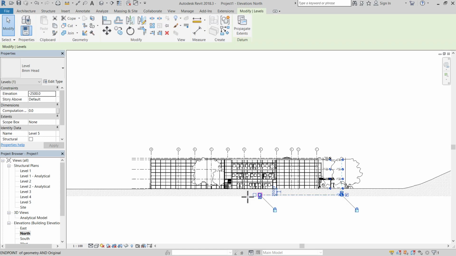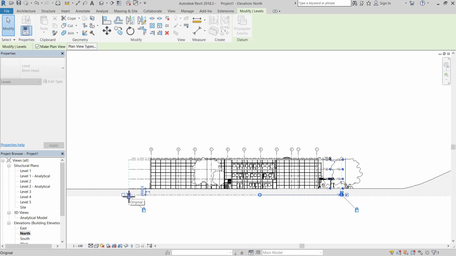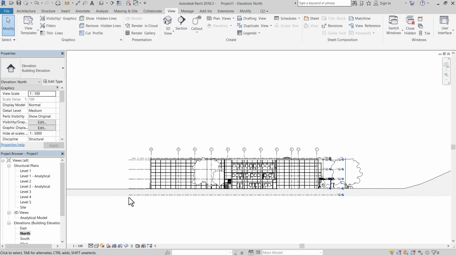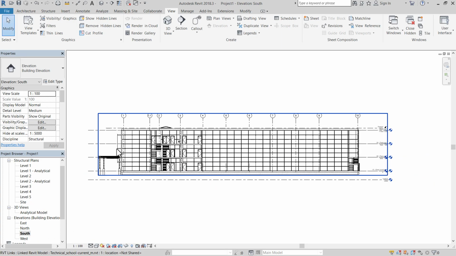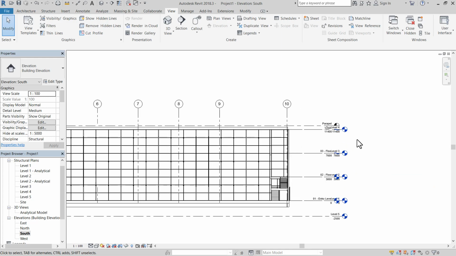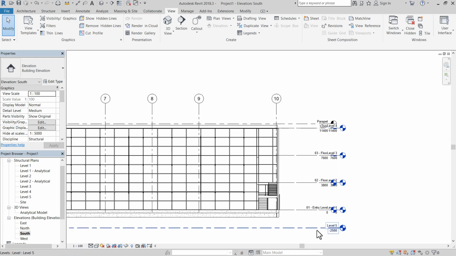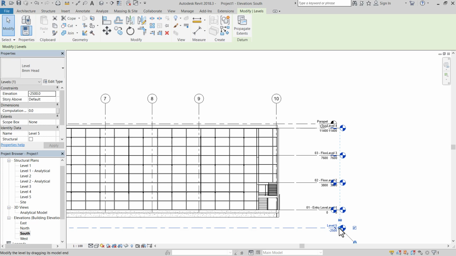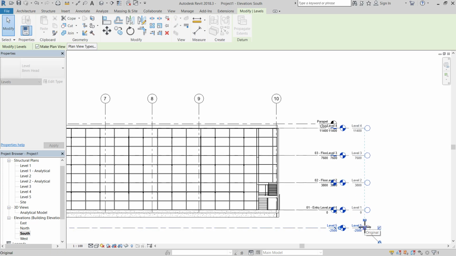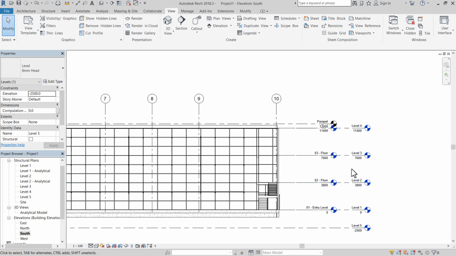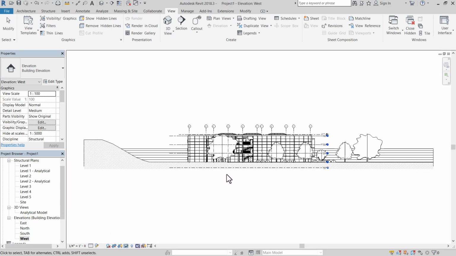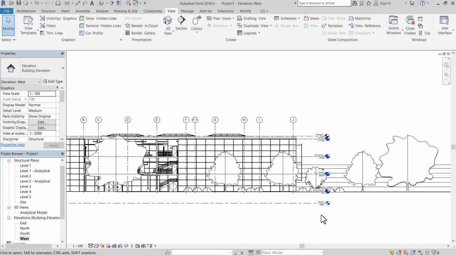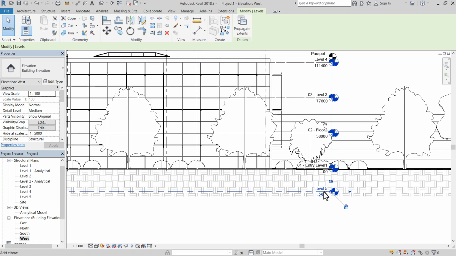Same thing on the left side also, and the same process will be continued in the other 2 elevations also. So this is how you add levels to your project.